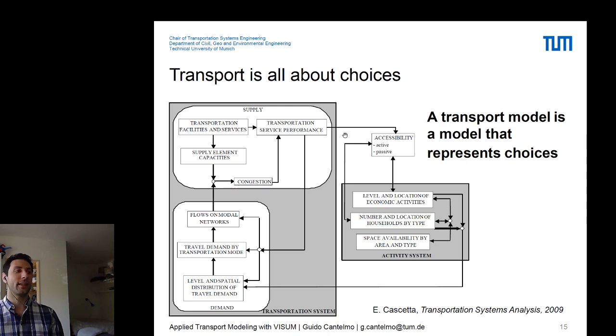For the demand, it's: do we have people who are willing to use this transportation system? We don't need to create supply if we do not have demand. Demand is how many people, for instance, are moving from Munich to Berlin every day for commuting, not so many, probably. If we are talking about different trips, we might have more, and if we are talking about goods, for instance, we might have